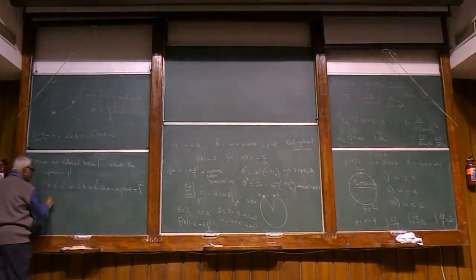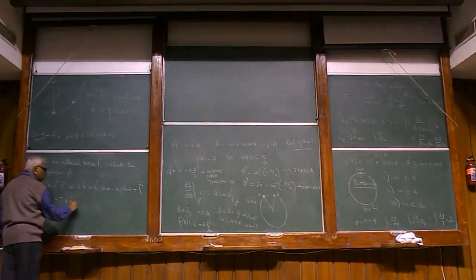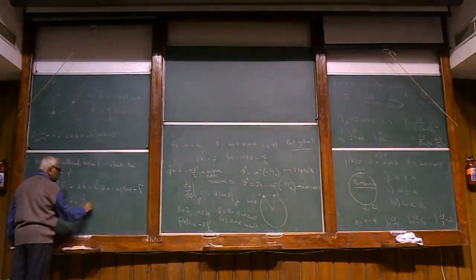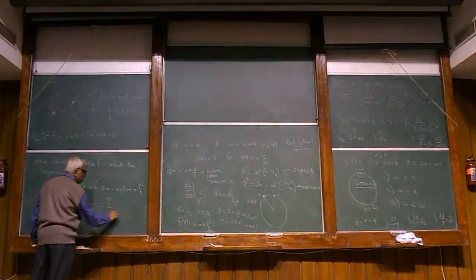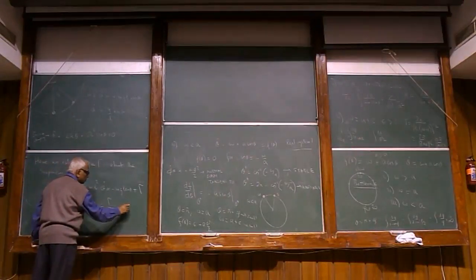And so this equation of motion is theta double dot plus 2k theta dot plus omega square sine theta equals gamma over mL square, equal to some constant,